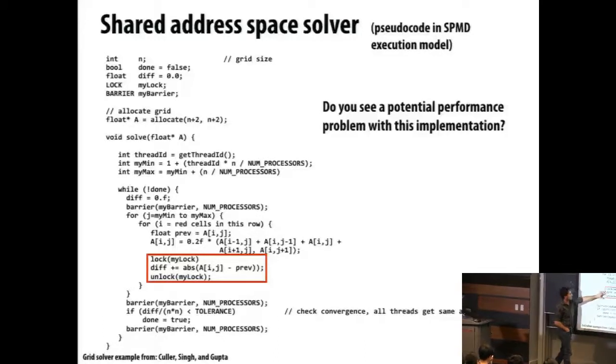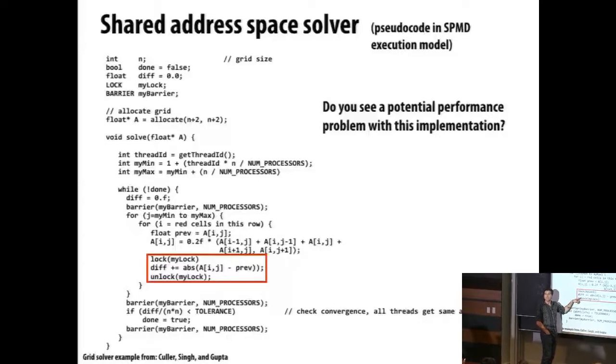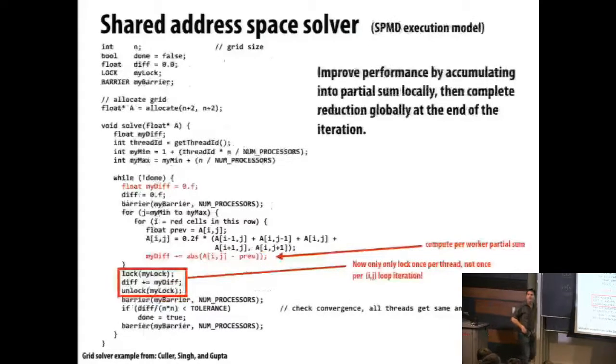Good. So you're saying that this sum reduction, which is what I'm doing here, is associative. It's also commutative. So what I can do is compute this partial sum locally for all the elements that I'm responsible for, and then do the global computation at the end. And that's exactly what I did here on the next